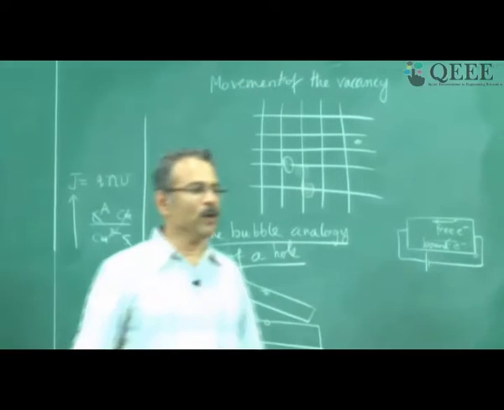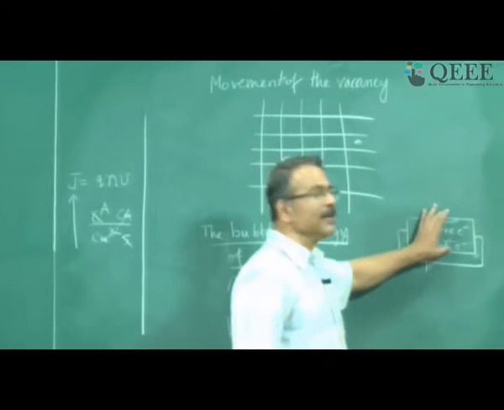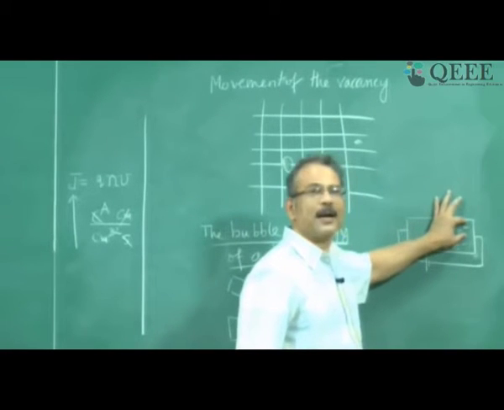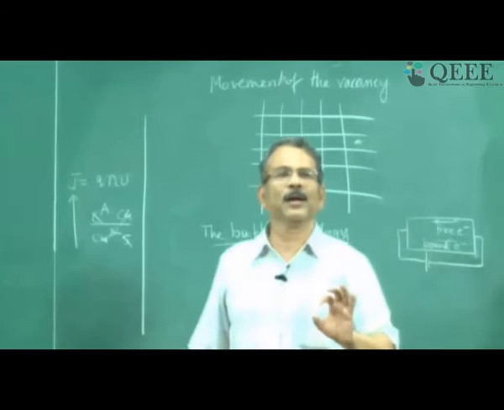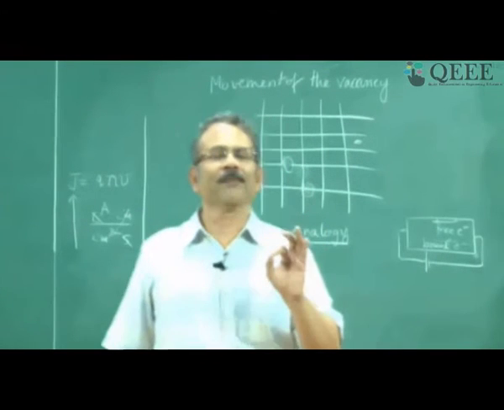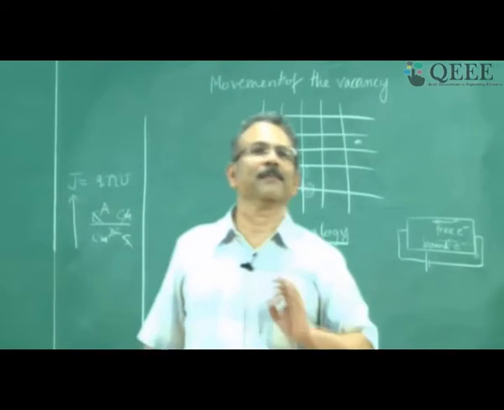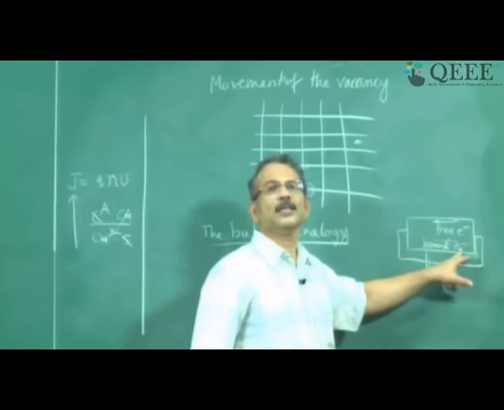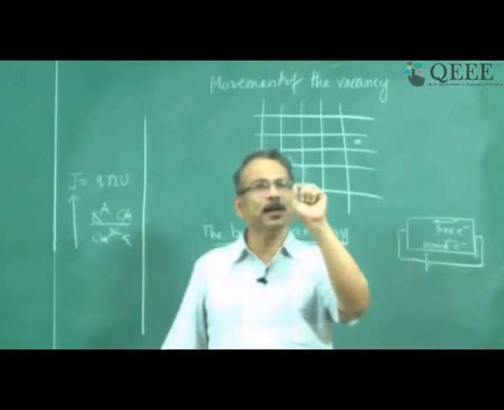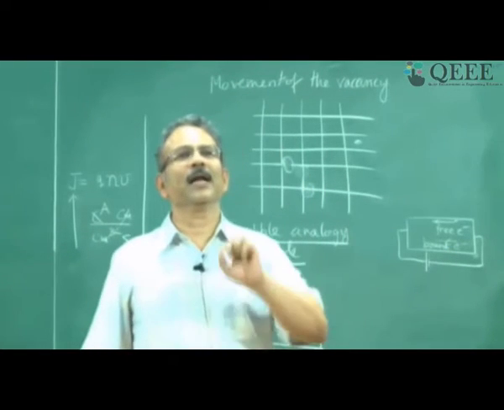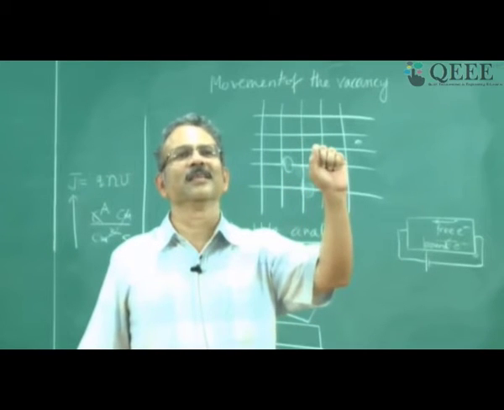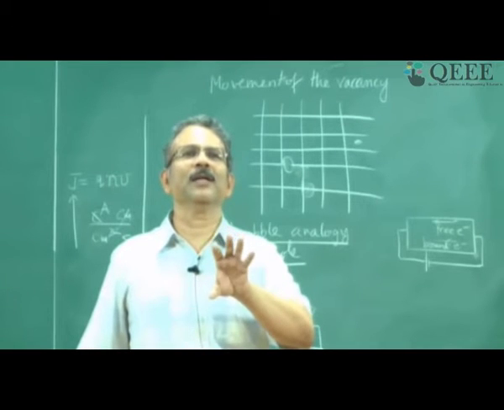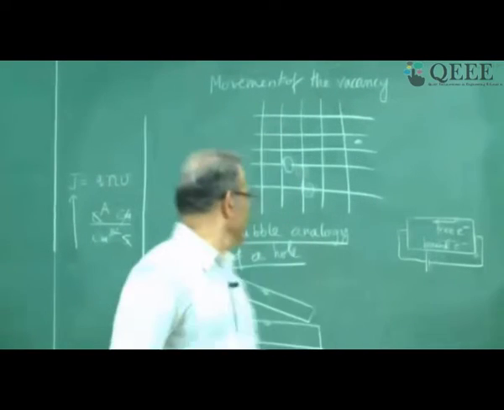So if you now try to measure the current in a semiconductor, if you only try to calculate the current in terms of the free electron current, your current will be in error. You will not be able to get the full current, because in addition to the free electrons, there is a current because of bound electrons through the vacancies. When temperature is 0 Kelvin, there are no vacancies, there are no free electrons, therefore no current, because a bound electron can move only if there is a vacancy.